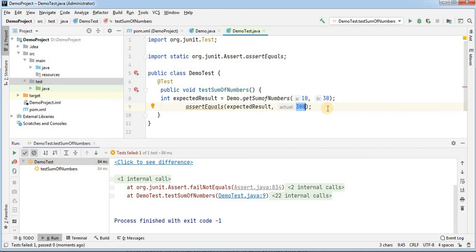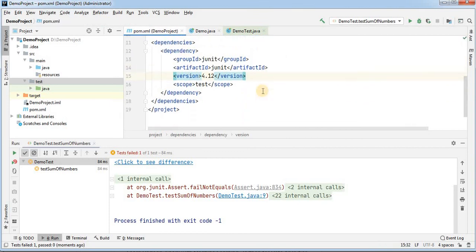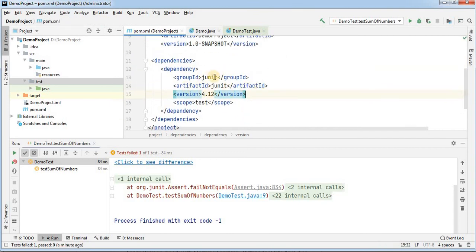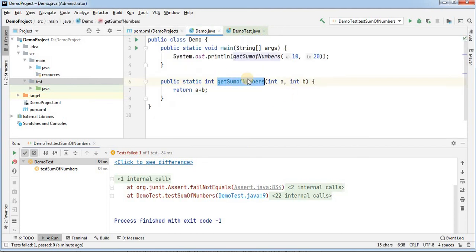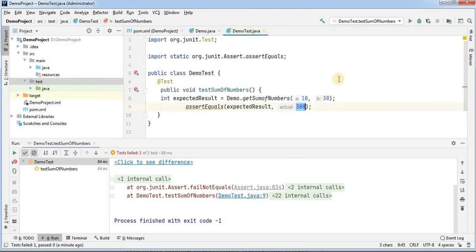So guys, this is the way that you can create the Maven project in IntelliJ IDEA and add the dependency. See how we added the dependency, and we are utilizing the features of this JUnit jar. The classes that are available inside JUnit will be automatically available for our usage.